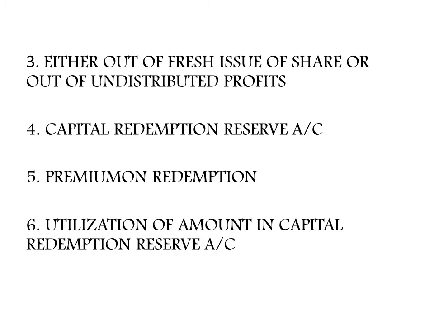When they are going for a fresh issue of shares, it can be equity shares or preference shares, any type of shares they can issue. Or the second option, in the third condition they have specified one more option, that is out of undistributed profits. So if they have any undistributed profits, any reserve with them which is clearly meant to